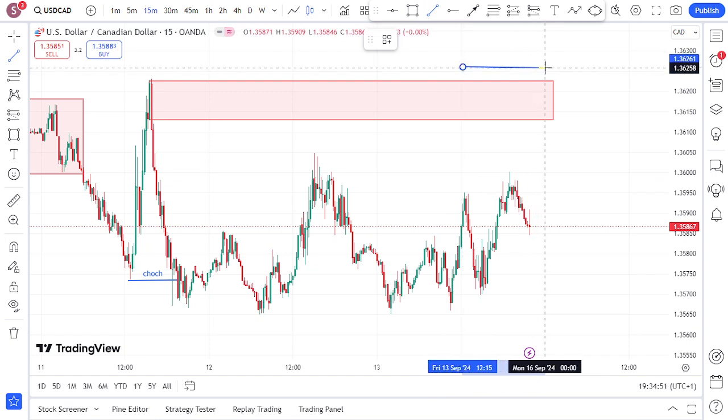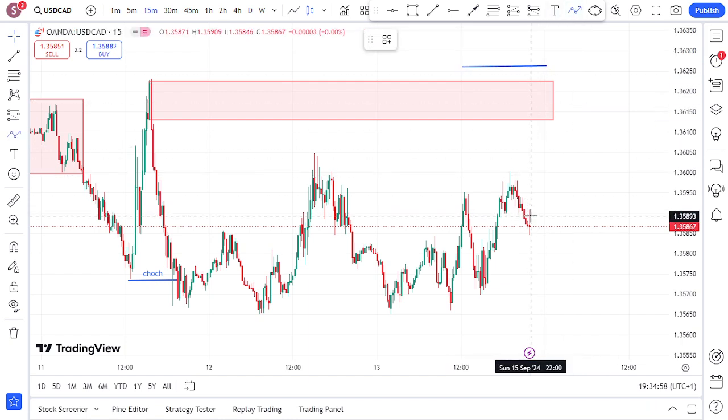So a disciplined trader is out waiting for this market to finally come back to this zone,